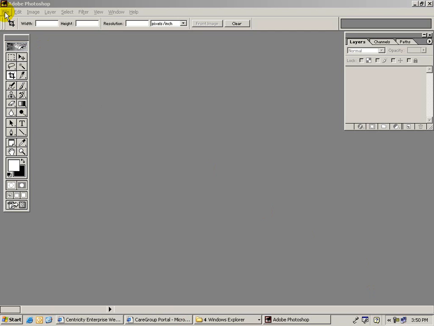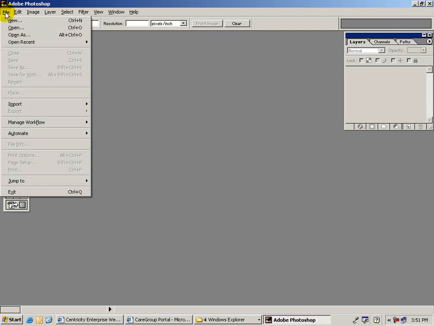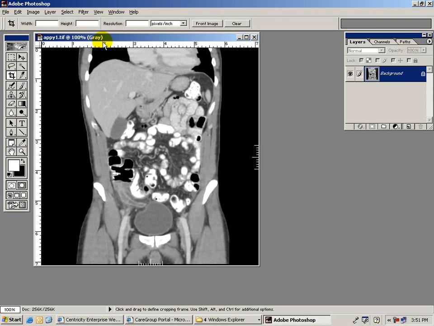In this case, the image editing software program that I'm using is Adobe Photoshop. You go into Adobe Photoshop and you want to open the document that you're going to be editing. So this is the image that we saved in the last video clip, a case of appendicitis. And you can see that this is a nice coronal CT contrast enhanced image, patient with an inflamed appendix.